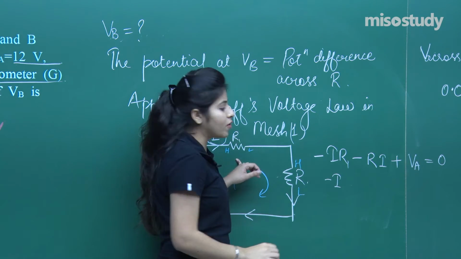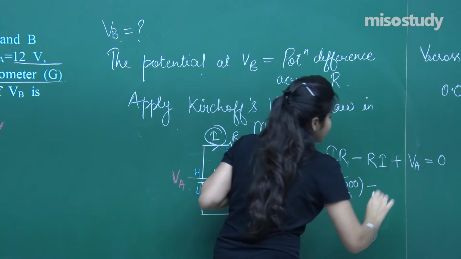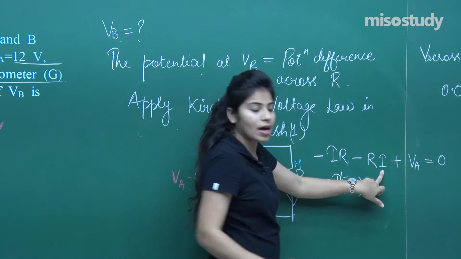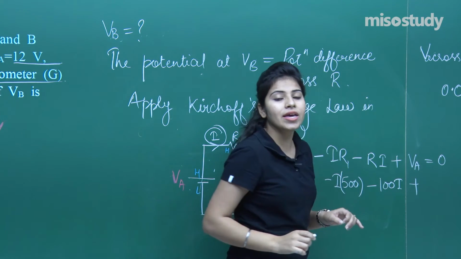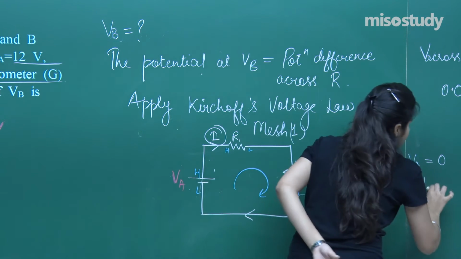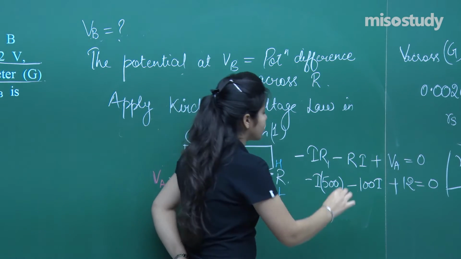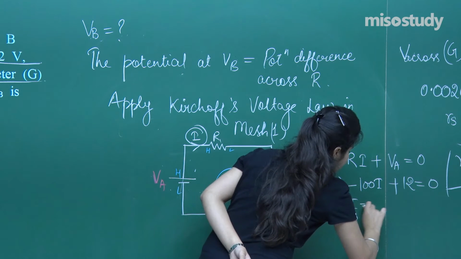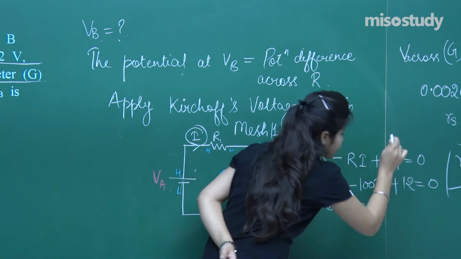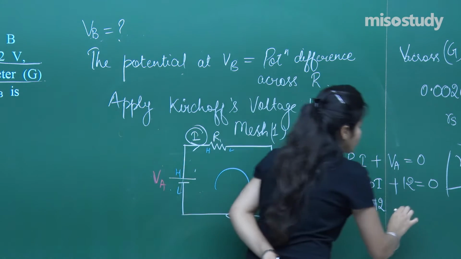R1 is 500, so minus 500 I, minus R into I. Your R is 100, so minus 100 I plus VA. VA is 12 volt, so that means you are having 12 equals to 0. Now if you are going to solve this, you will see minus 600 I equals to minus 12, isn't it? So minus minus cancelled, you are having your I as,